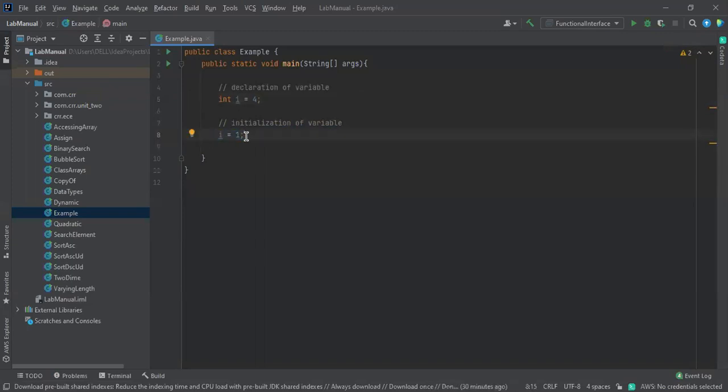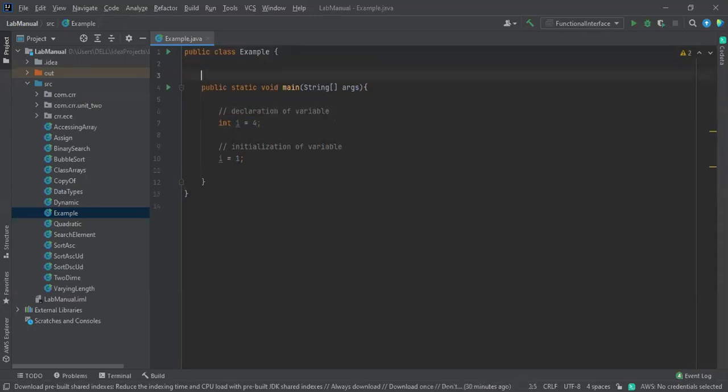In some conditions, it is essential inside methods. We call these local variables. For the main method, these are local variables. Again, I'm telling you, these are local variables.